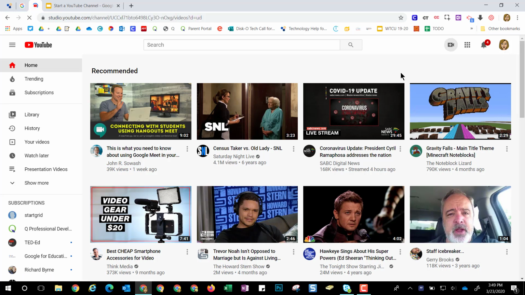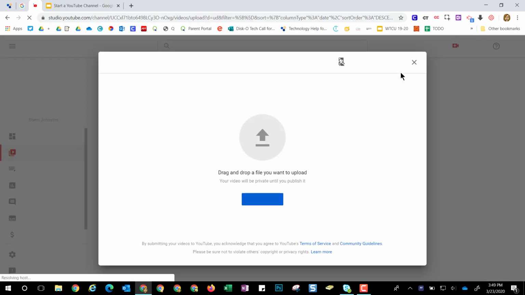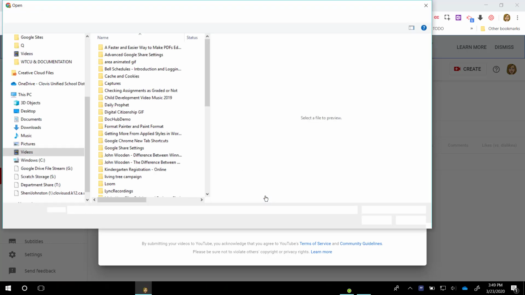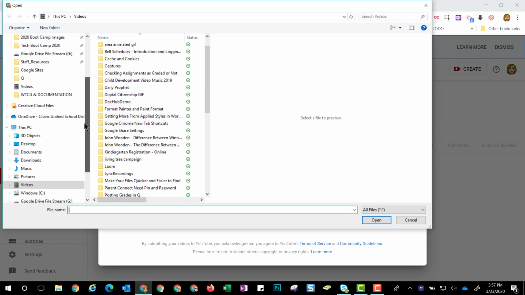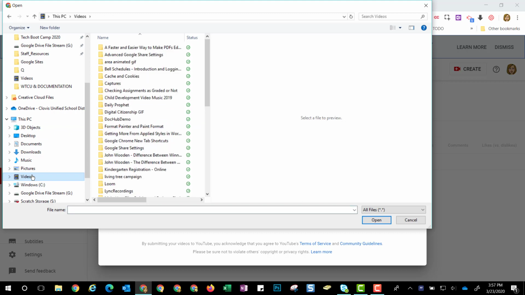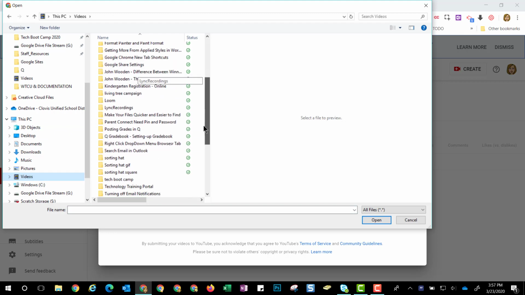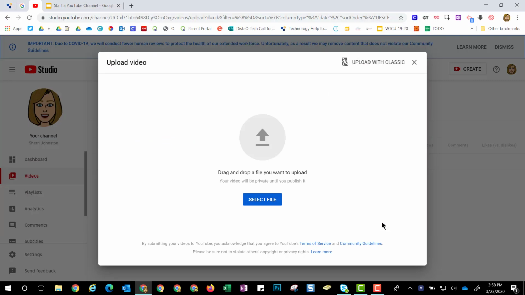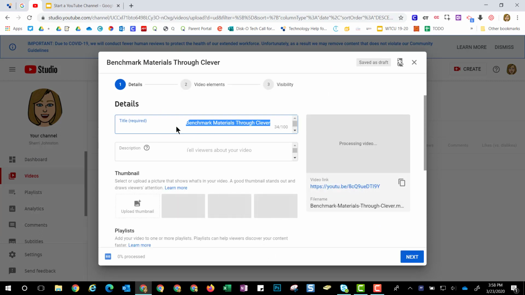Now you have to have your video done. YouTube is not a video editing software. It's just a place to house your video. So once you click on that video camera with the plus sign on it, you're going to come in here and say select your file. You'll probably want to go down and scroll down to video, find the video that you want to upload, select open,